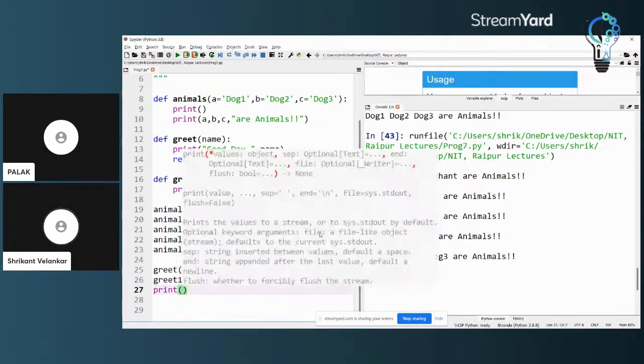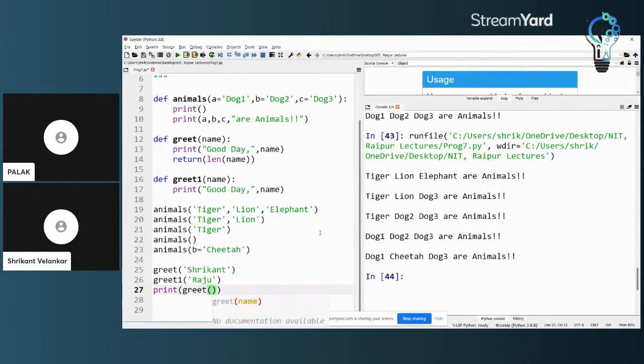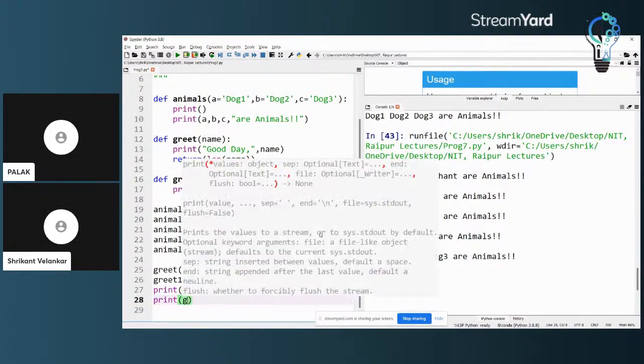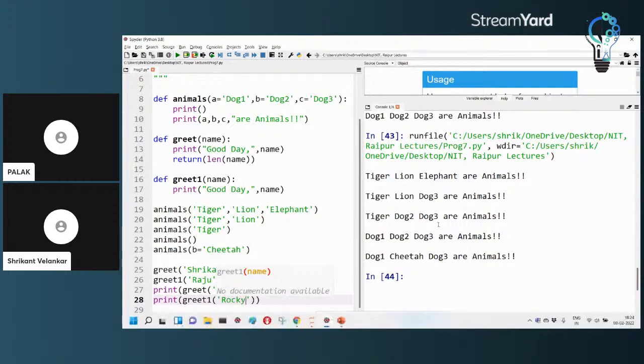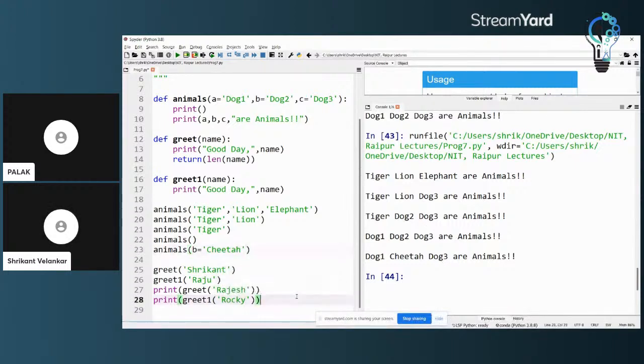So I can say print greet Rajesh, and print greet1, say Rocky, some names. Fine.